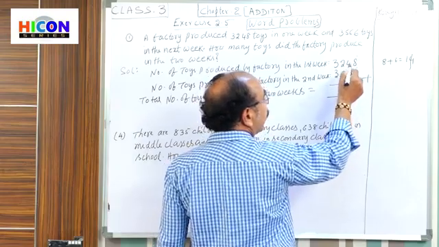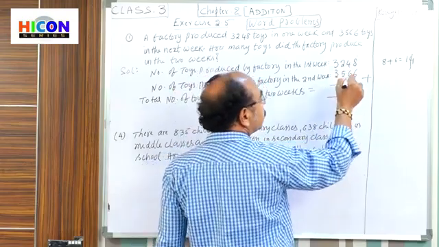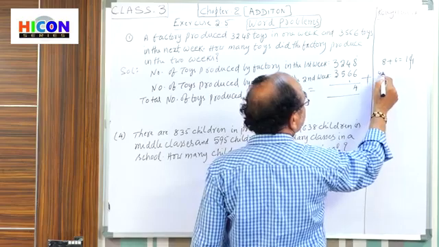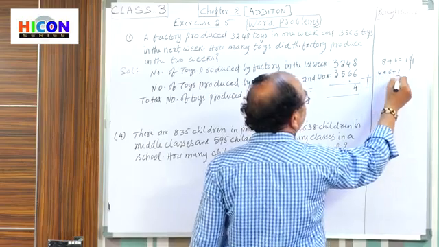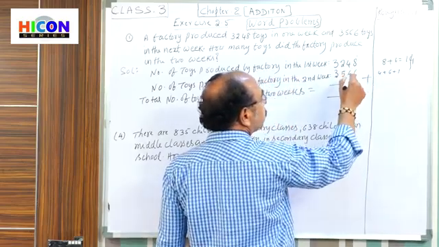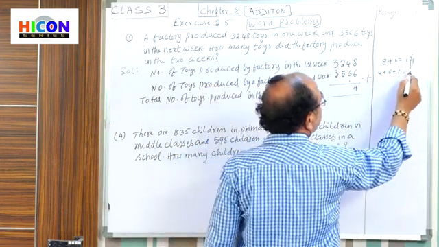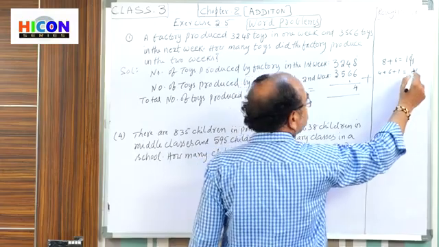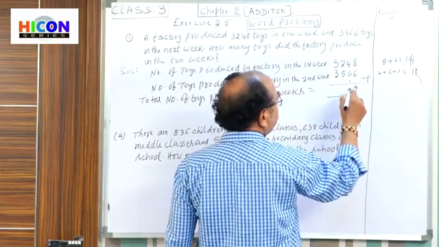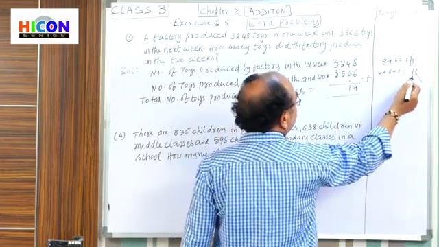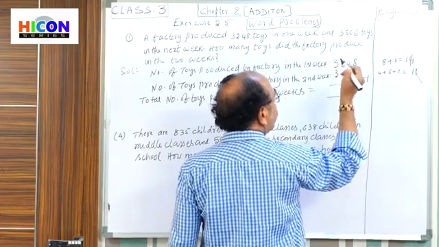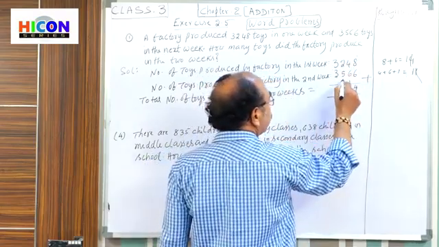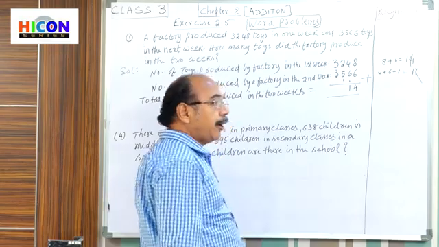Here add the second place, that means tens digits. 4 plus 6 plus 1. That means 4 plus 6, 10. 10 plus 1 is 11. How much? 11. So strike off 1 here. Write it in the tens place. This 1 you write in the hundreds place. That is carry the 100.